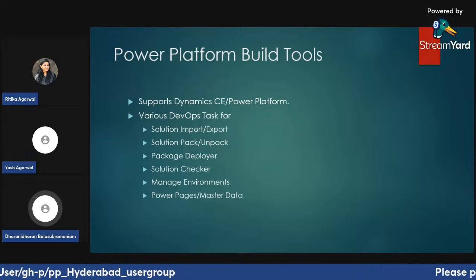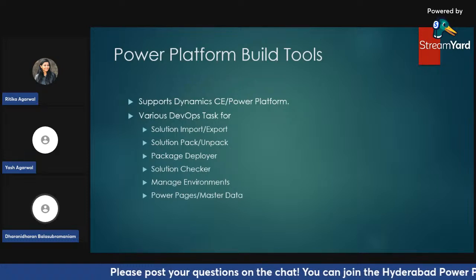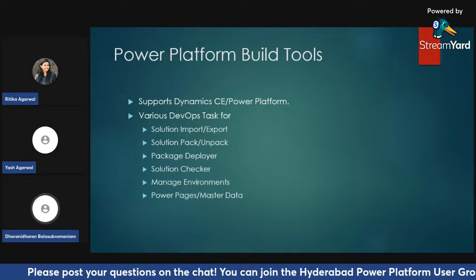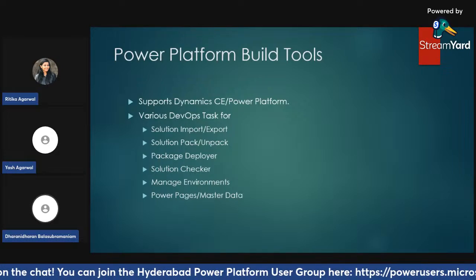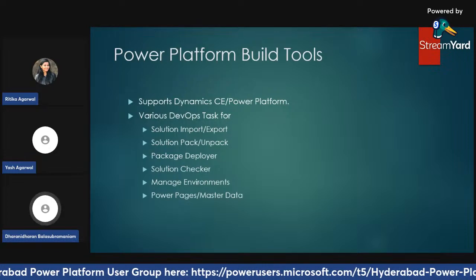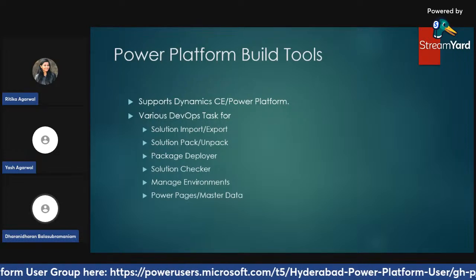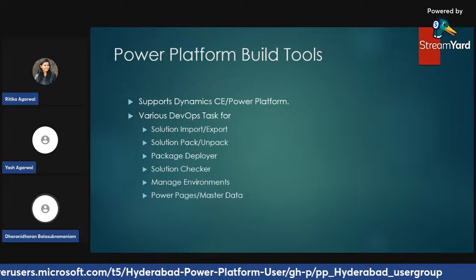With this feature, we can break down our solutions into individual components, making it easier to manage them in source control systems like GitHub and Azure Repos. And this is also very key for tracking the changes and collaborating within the teams. So in your build pipeline, once the solution gets exported, using the unpack command, you can unpack your solution and commit those solutions in your Azure DevOps.